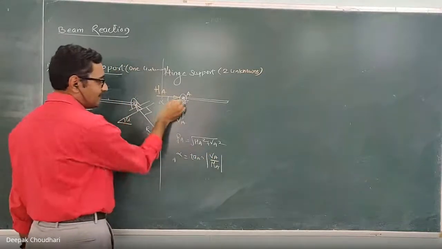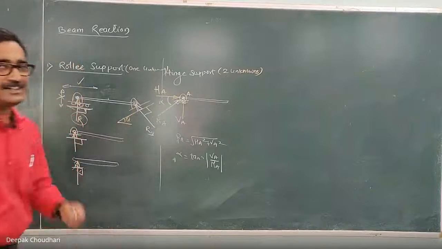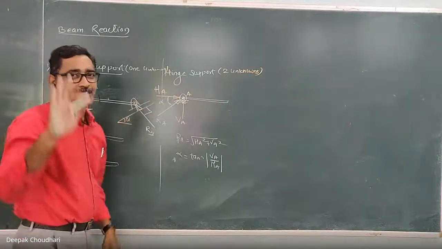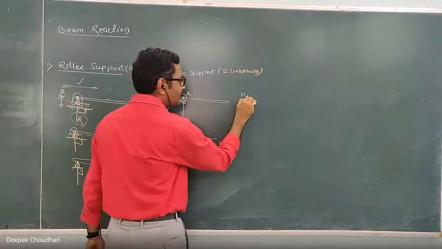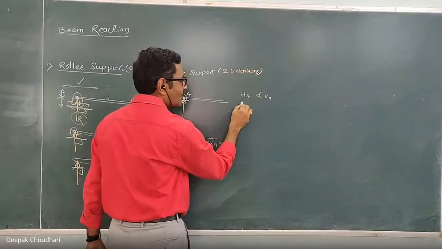This is the angle made by that resultant reaction with horizontal. Yes. So at this hinge support, there are two unknowns, either magnitude of HA and VA or